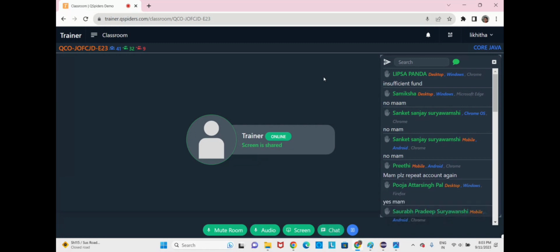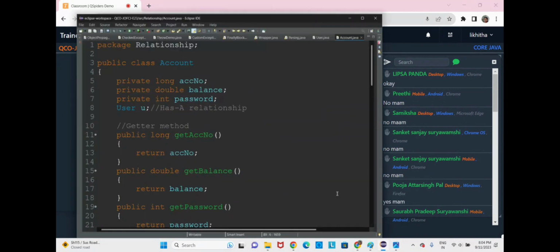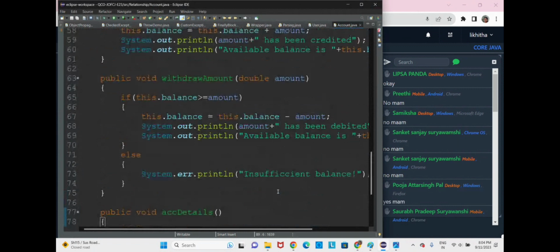Insufficient funds. What is the condition now? Whatever amount we are withdrawing should be equal to the balance or less than the balance. You can withdraw 5,000, less than 5,000, or equal to 5,000, but you cannot withdraw more than 5,000. Got it now? So that is why here we are taking balance should be greater than or equal to amount, or else you can take it like this also, amount should be less than or equal to